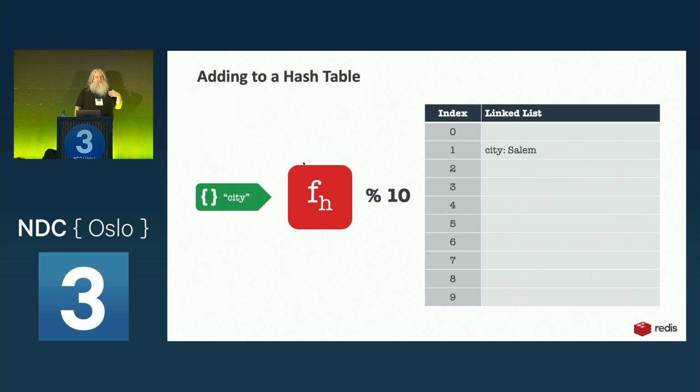And if I want to add the city of Salem to my hash table, I take the key, city, I run it through a hashing function, and I get a number. And then I modulus that number with the size of the array of linked lists. And that gives me an index. And then I can go straight to that index, and I can say, add this value to the linked list. Or if it's in the linked list already, replace it. And so here we do city, we ultimately calculate a 1, and we put city Salem in there. And then when we go to add something else, say the state, we go through that same process and we get a different index. And so we're building up this array of linked lists with all the values.